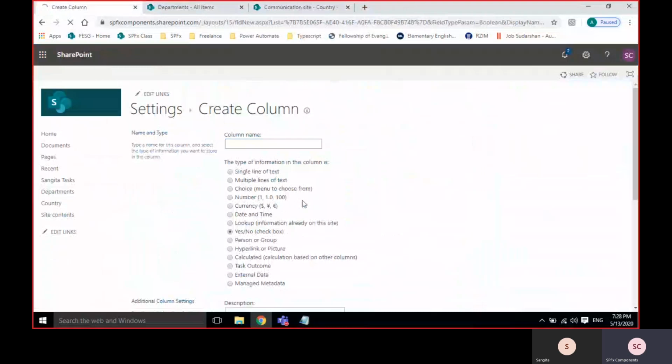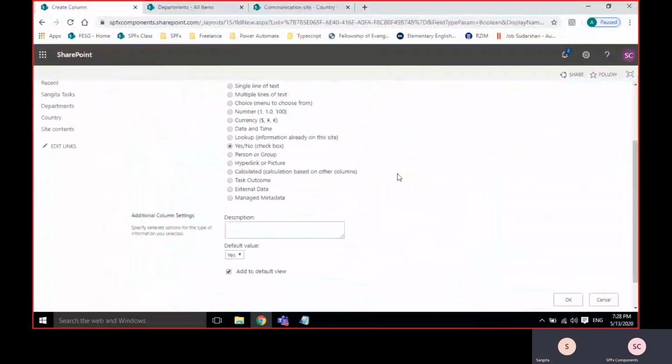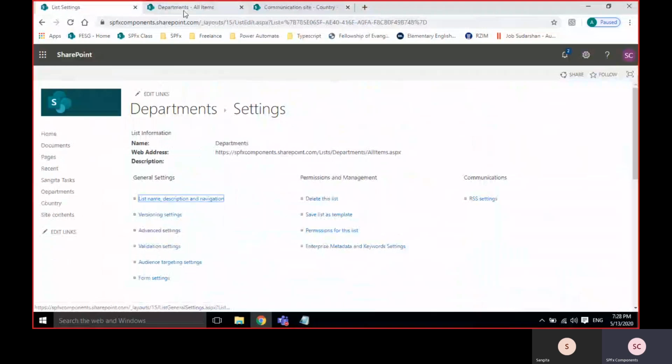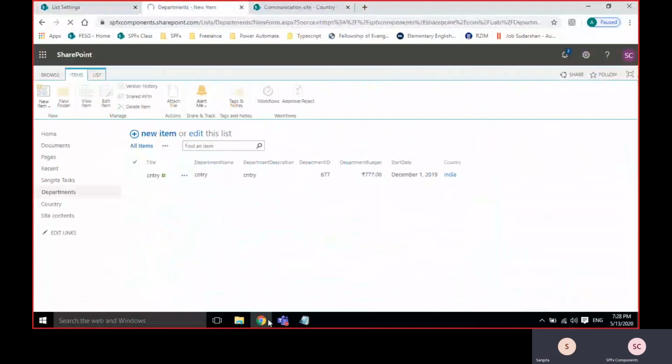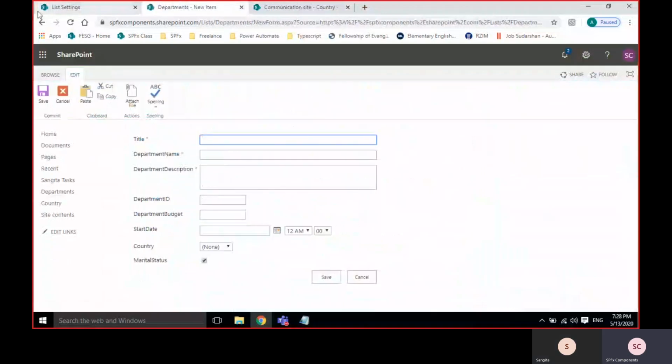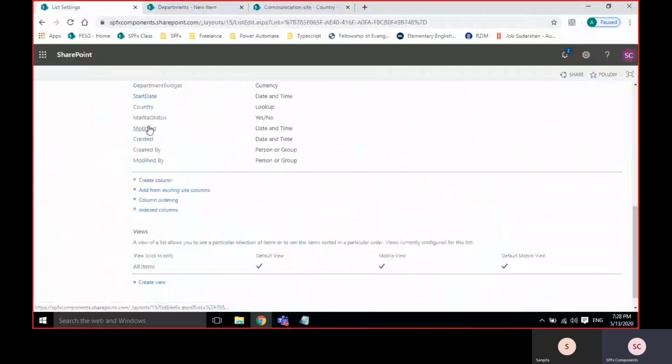And the yes/no is just like a checkbox. For example, marital status. By default I gave yes.